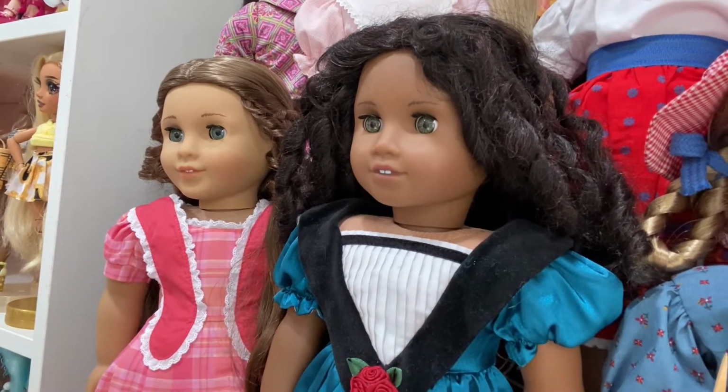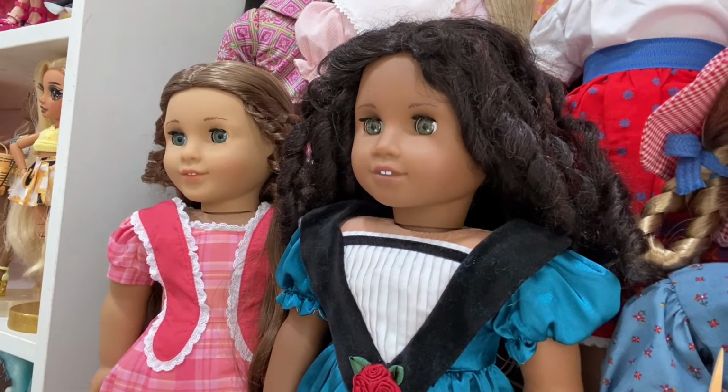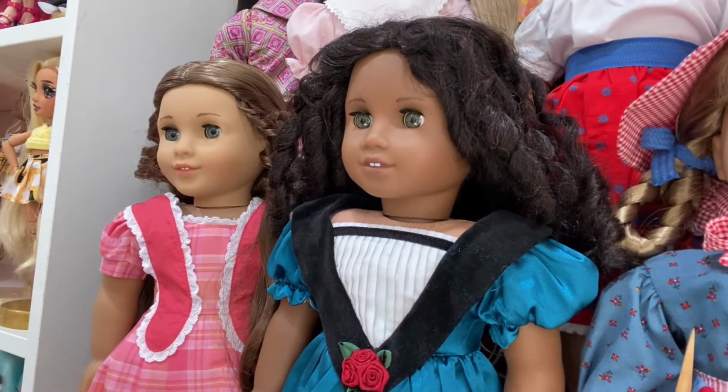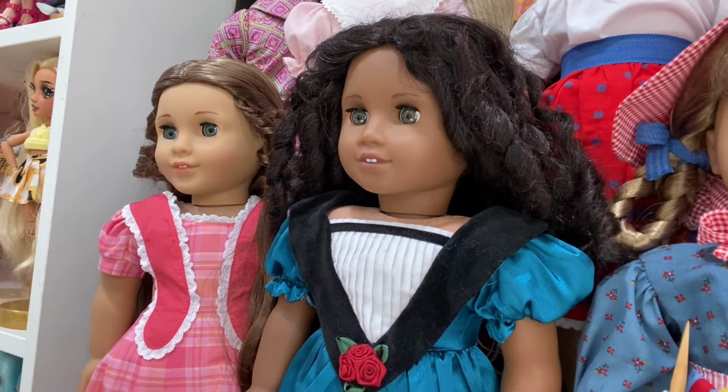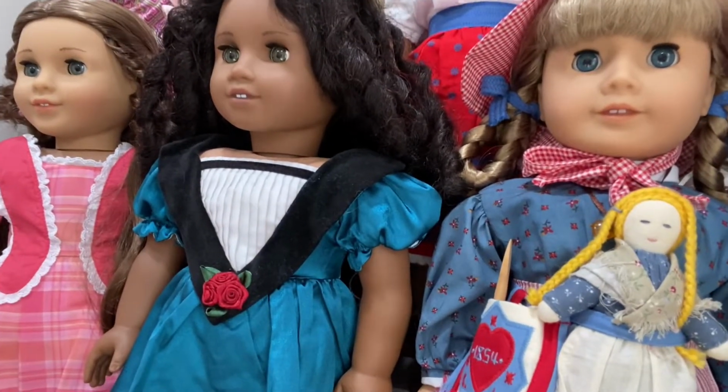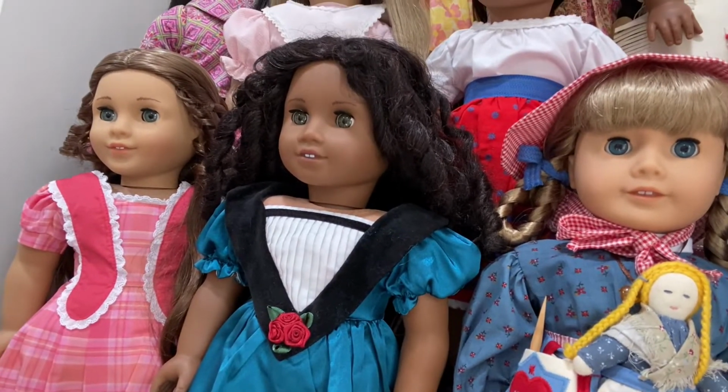So I see them a lot. And I think I'm still getting used to owning a Cecile, so that's why I think about them a lot. And they're just, these two are really iconic dolls. I know my historicals, you know, I purposely put the ones I really love in the front, and it just